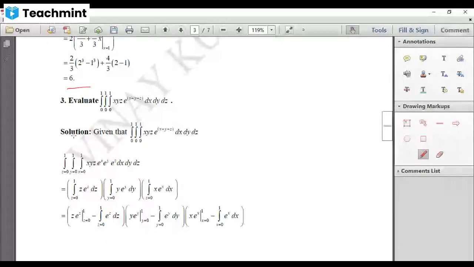Now let us see one more problem. See, here also limits are constants. So we have to see the order of integration and also choose the limit for the variables. Now here dx is given first, so this is the limit for x, and dy next, therefore this is the limit for y, and dz next, so this is the limit for z, right? So remember, if it is of this order, the last one will take the last limit, the middle one will have the middle limit, and the first one will take the first limit, when the limits are constants.